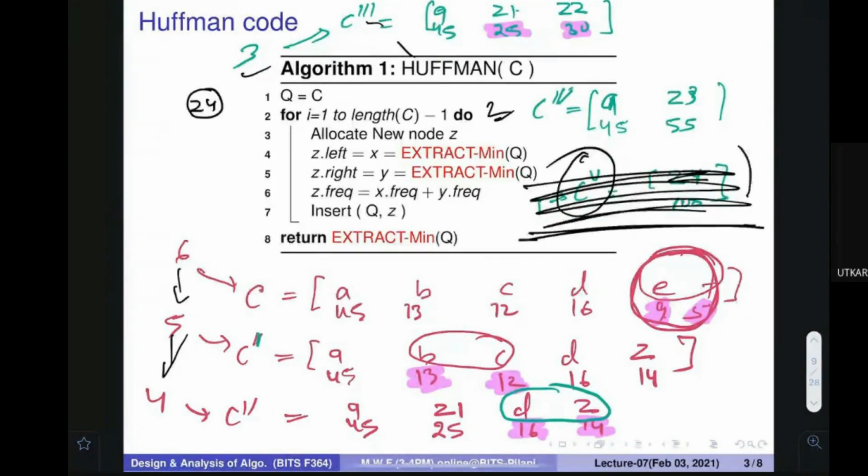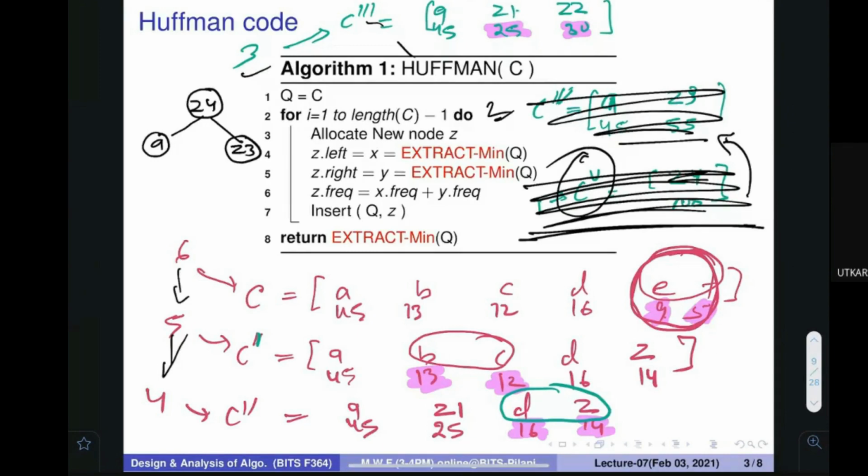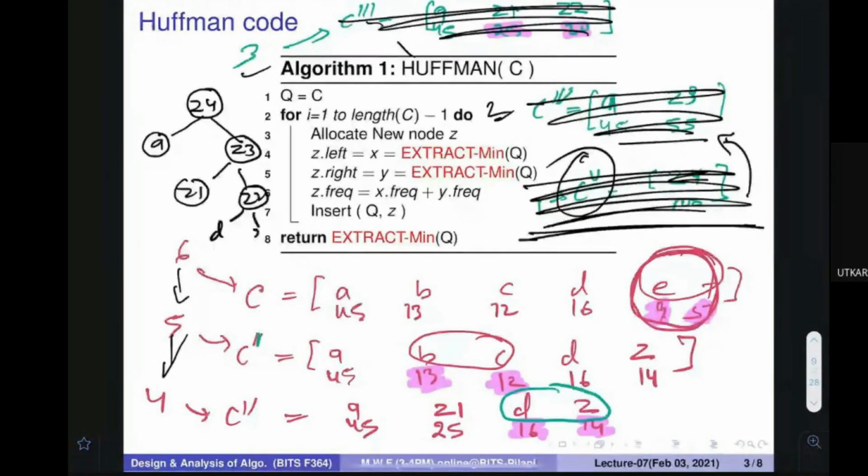I go back and expand in this way because Z4 was going to have A and going to have Z3. Then I would delete this. Z3 is going to be the summation of Z1 and what? Z2. Then I would delete this. Then I would come here. Can you help me to find out, because I frequently miss these things. D and Z. I think Z2 is D and Z. Now I can remove this thing.